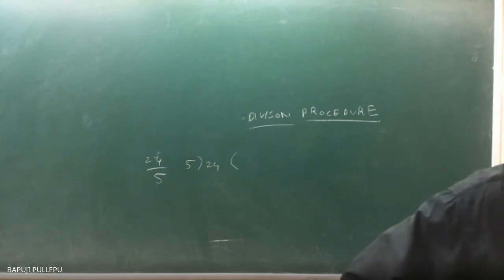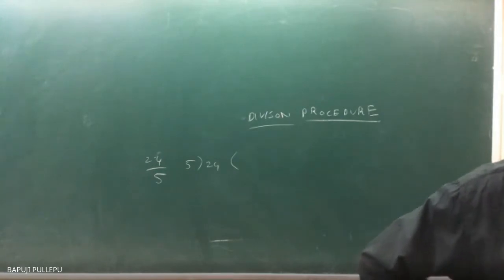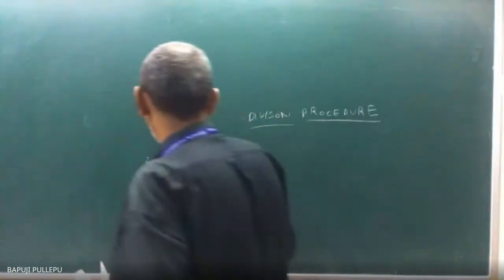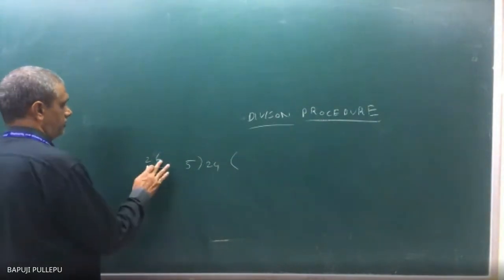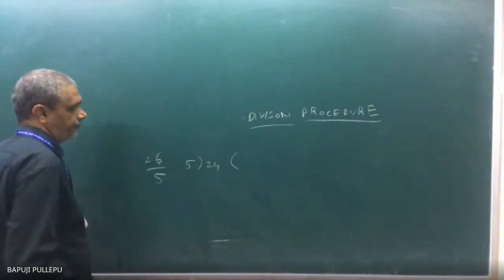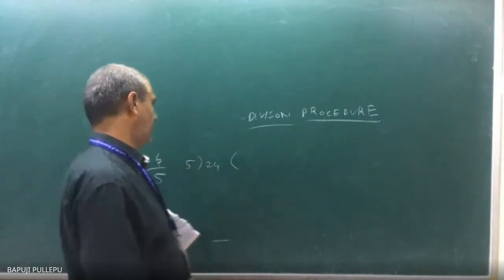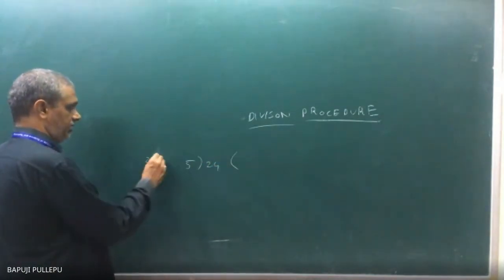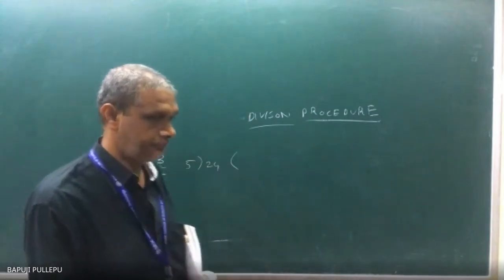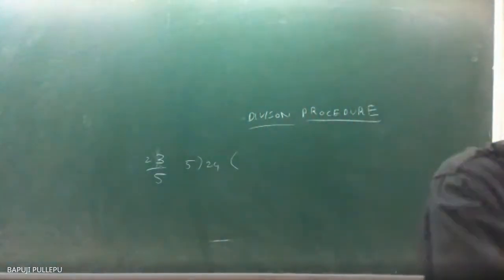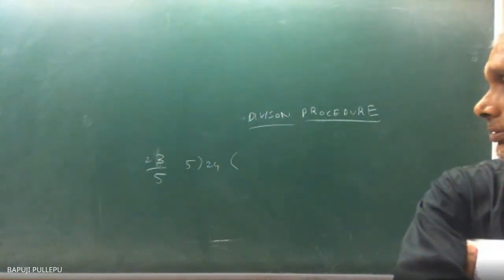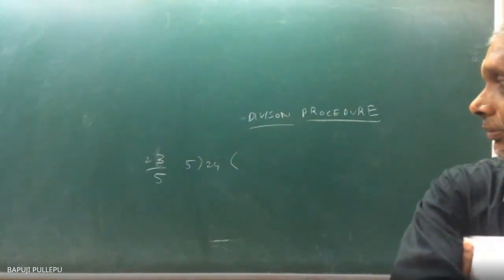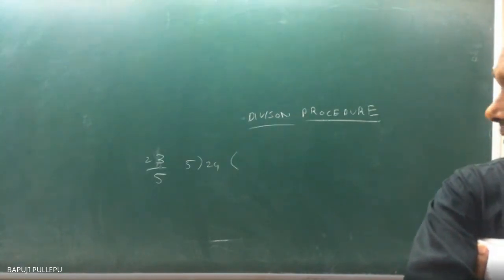24 divided by 5. How many times will it go? Take 20, that's 4 times. Then the same with 23, you can take the same number. Now tell me, 23 is also the same story, I think so. I want to tell you the different terms, quotient and remainder.